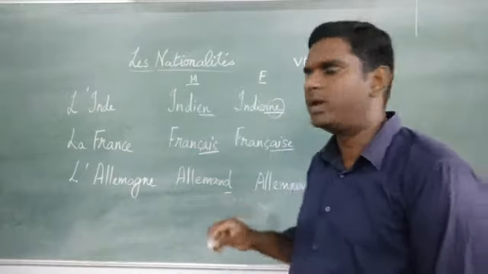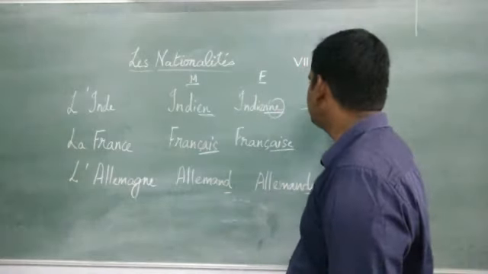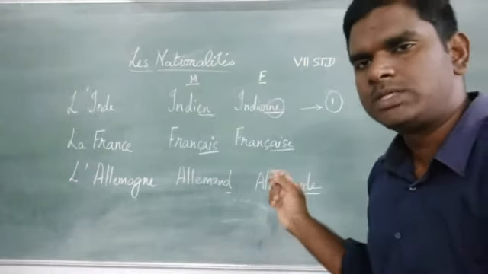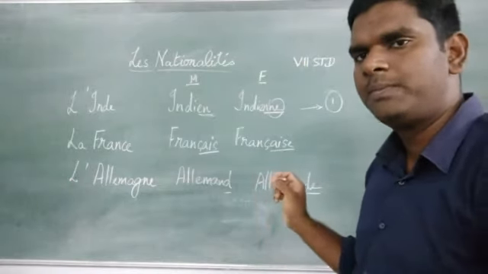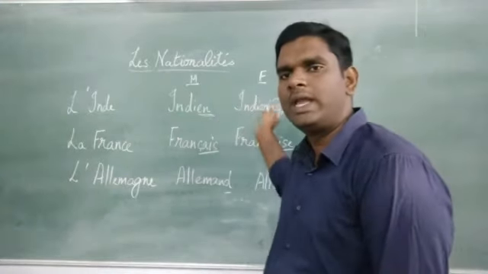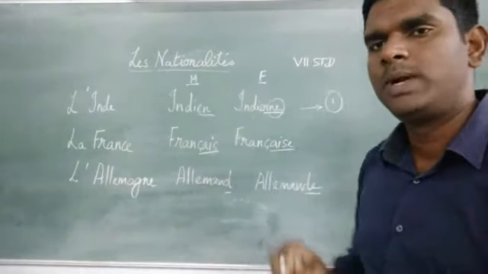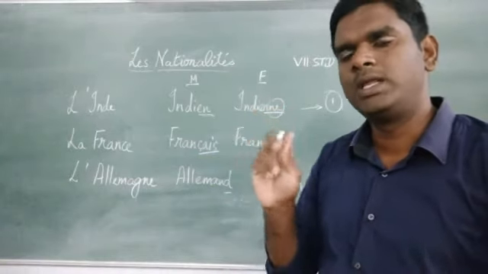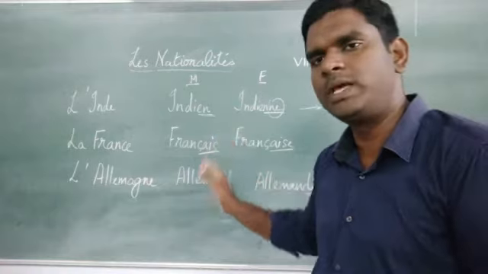This is type 1. There are two or three types, and I am just explaining randomly what the types are. If the ending is N, you have to add NE. But américain is an exception; only one N will come. Other than that, most of the time it will be like this.